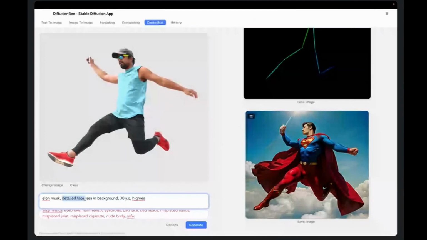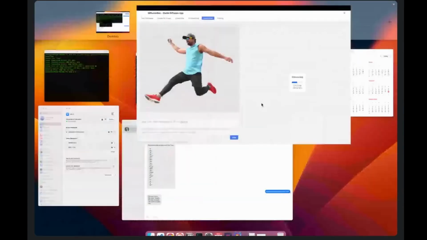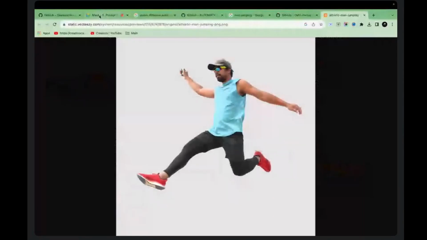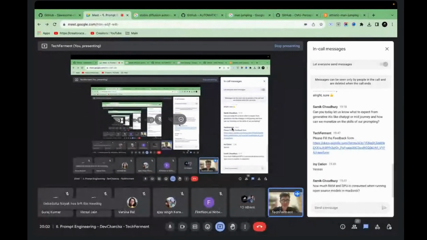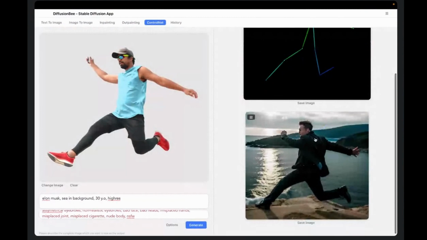So I will basically delete this Elon Musk detailed face that I removed, and now I will add scene background and 30 years old. I hope you guys are enjoying or understanding something new. Yeah, see, it generated the image, but the image is from a back angle, which is because we wanted sea in the background. And you can say Elon Musk